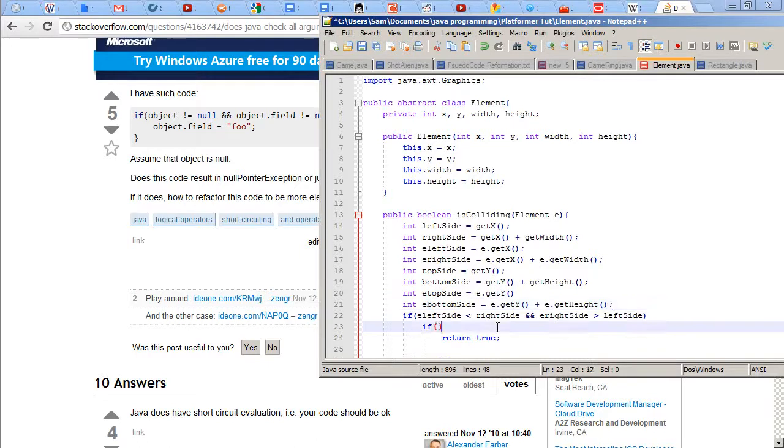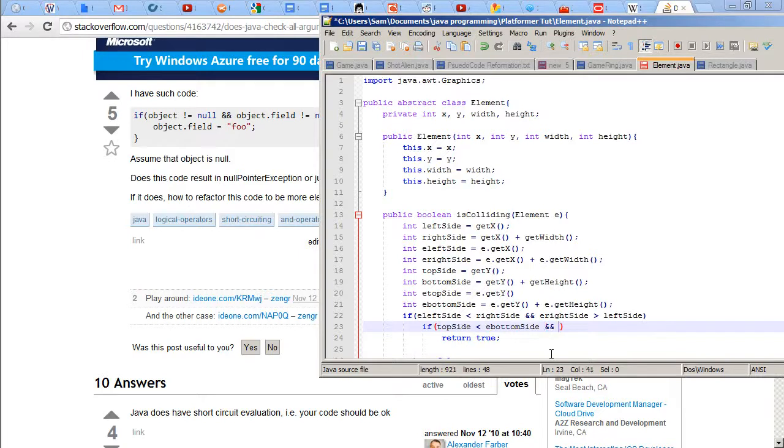Looks good. So if e top side is less than e bottom side,